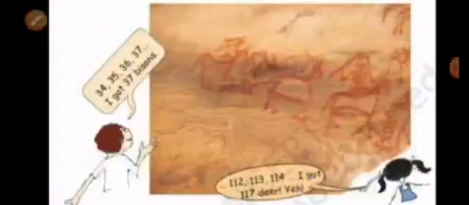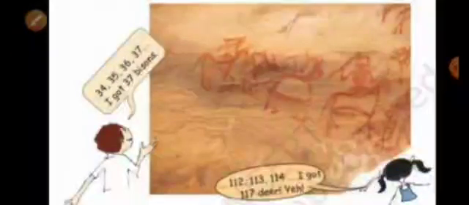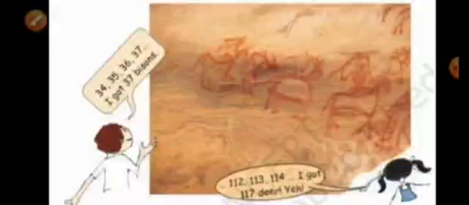Okay, now we will move to the next page. Page 29. This painting has very big bisons and deer. Bison means buffalo. So in this picture, there are bisons and deer. Even some people are also visible. So children, they are counting. Hey, I got an idea. I will count the bisons and you count the deer in the paintings.